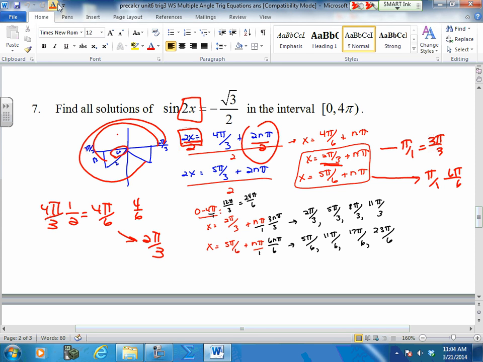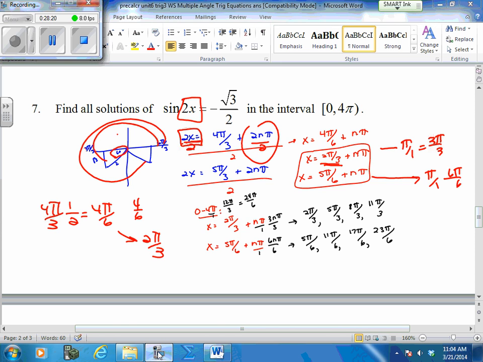And then 19 pi over 3, so we're gonna add. So for this guy, I'm going to keep adding 3 pi to the top. So I start with 2 pi, I add 3 pi. I add 3 pi, I add 3 pi. This guy I'm starting here, and I'm going to add 6. 6, 6, 6. That only happens, guys,